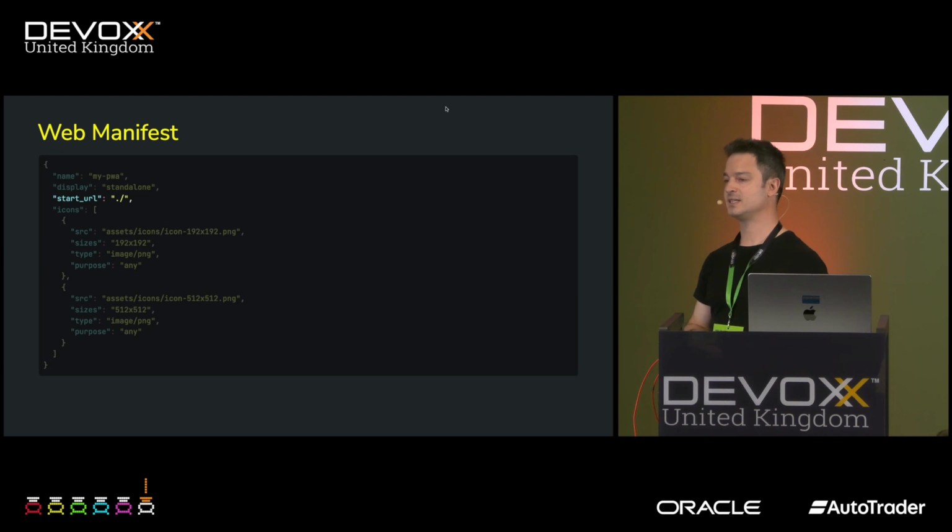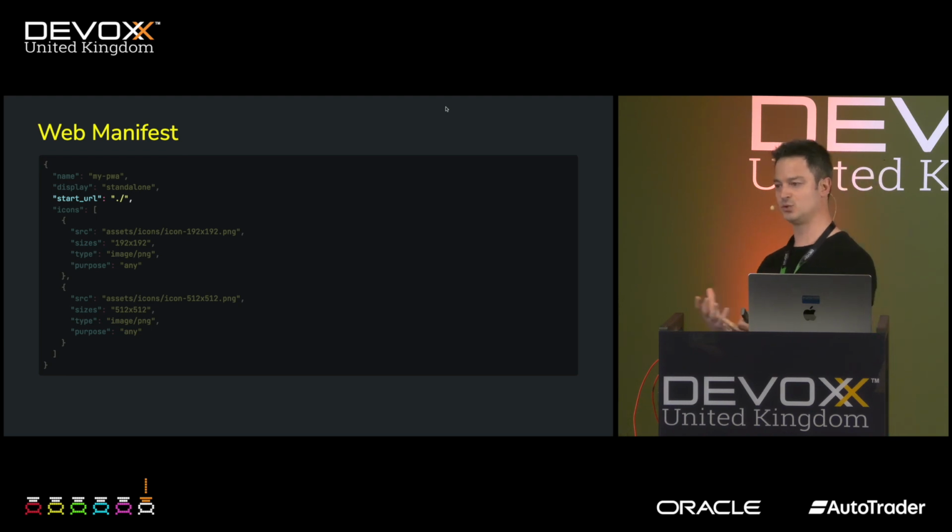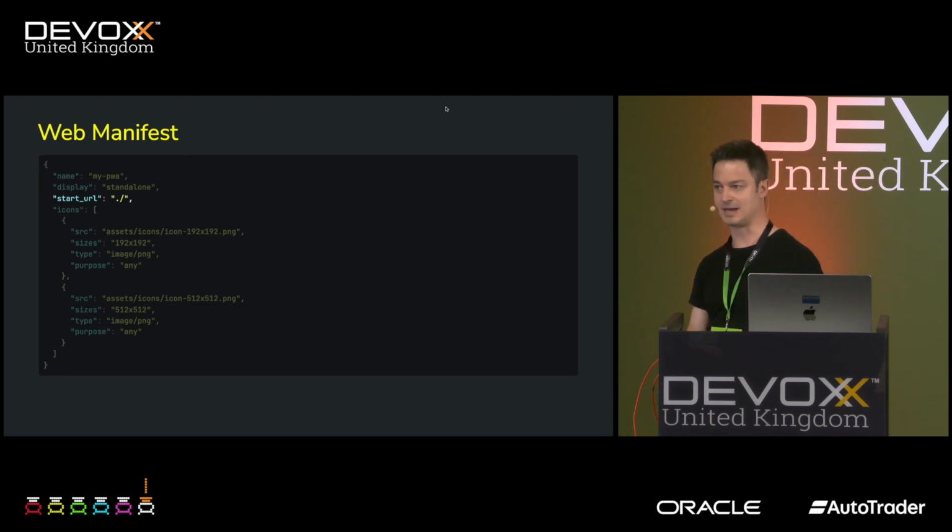We can define the starting page of our PWA. This is again to provide the idea of working with a native app. We don't want the user to open the last visited page when he was using our application, but always the same one. Could be maybe the home page or the dashboard.